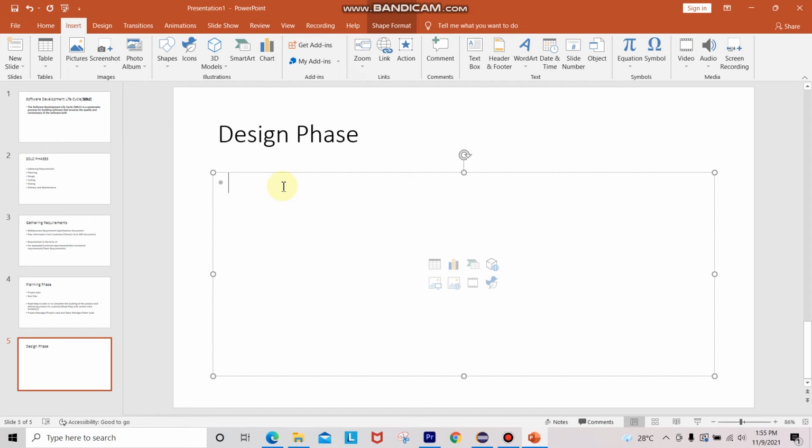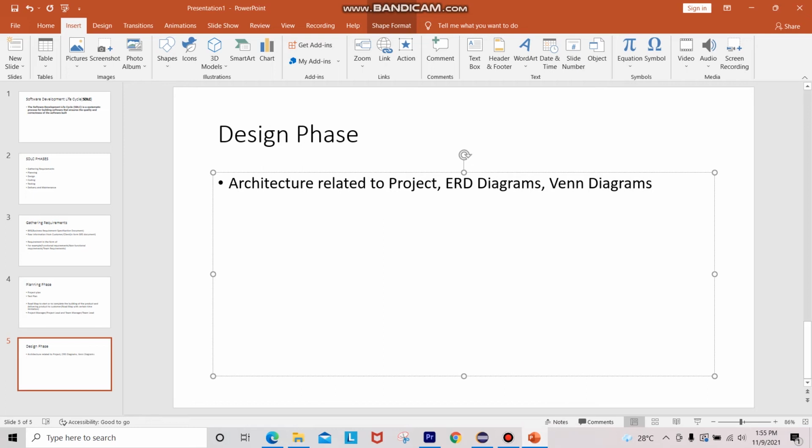Here we design the architecture related to the project, as well as some ERD diagrams or Venn diagrams, or pictorial graphical representation.